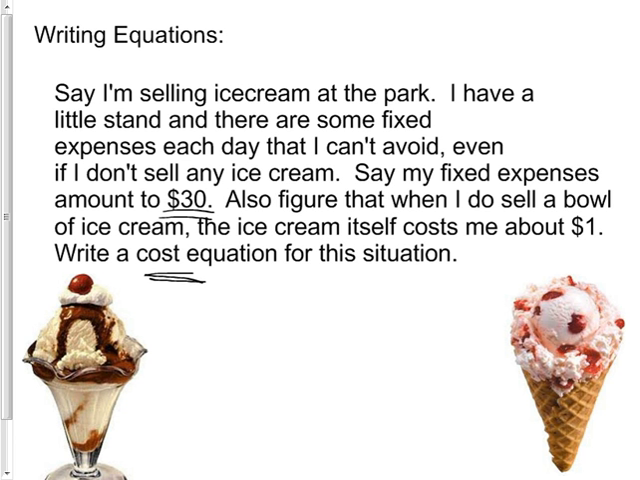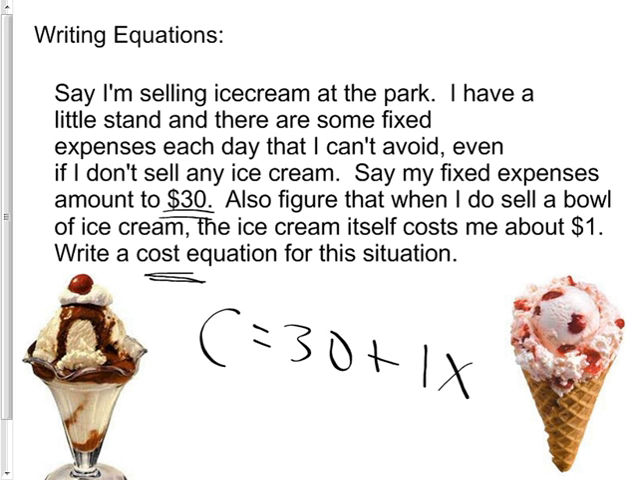So I could say C for cost is equal to, what do you think? 30 plus, say it if you know it. 1. Yep, 1 and then C for cone or whatever, any letter you want. You got a good point. Unless one's a lowercase and an uppercase, but okay, let's just use X. X is how many cones I sell that day. So if I sell 10 cones that day, it's going to be $10 for the ice cream plus the $30 for standing there. But if I'm selling them for $4 each,